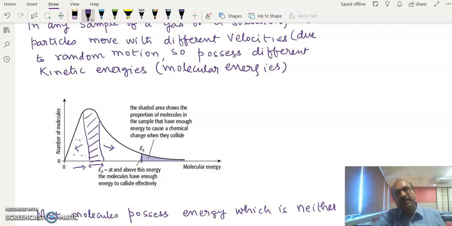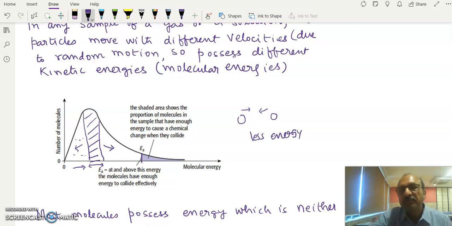Why does that happen? That happens because the two molecules must collide with one another, according to the collision theory, and if they don't have sufficient energy, suppose they have less energy than the activation energy,